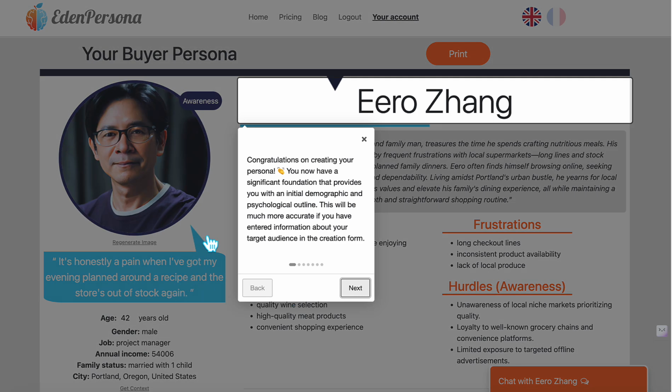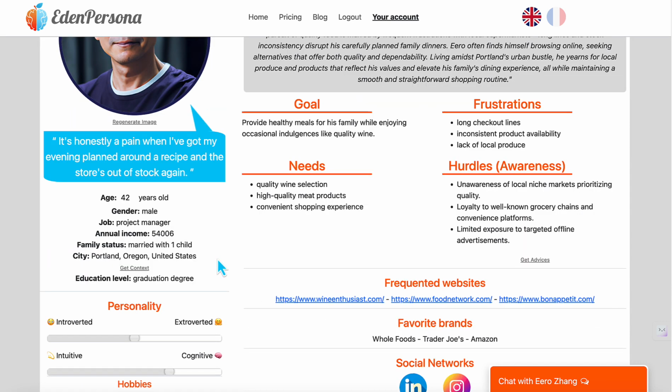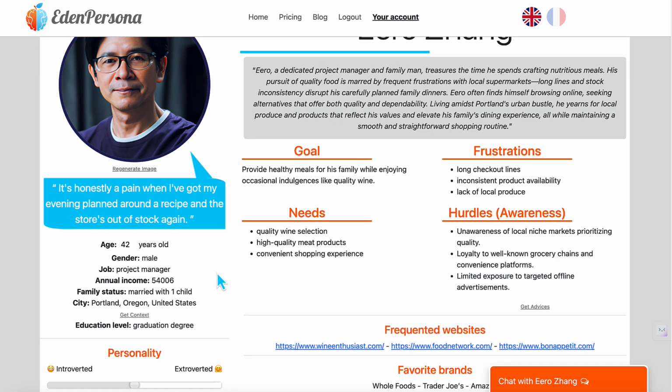And there you have it. My persona is created, which is a meat buyer matching exactly the criteria I requested, precisely tailored to the real data. So we have a persona that is precise and exactly on what we want to select here, for example, for the promotion of the meat section.